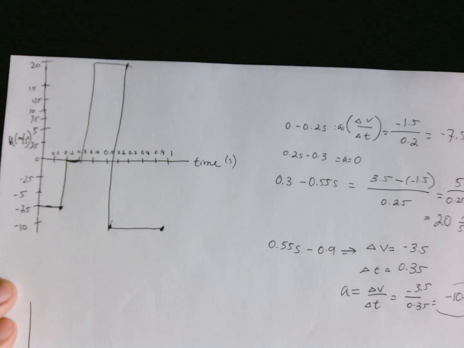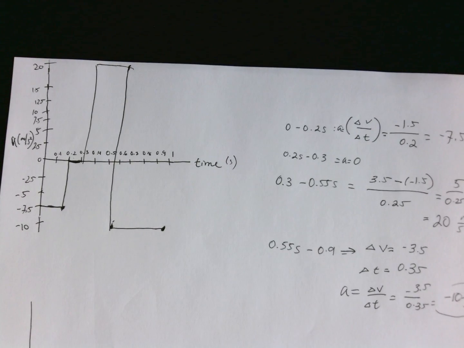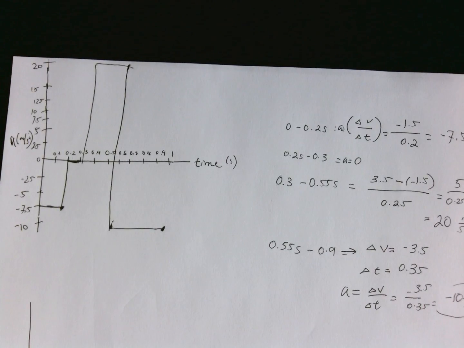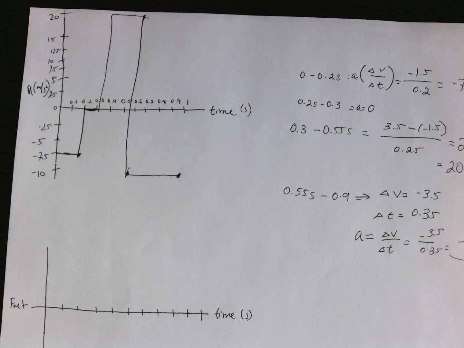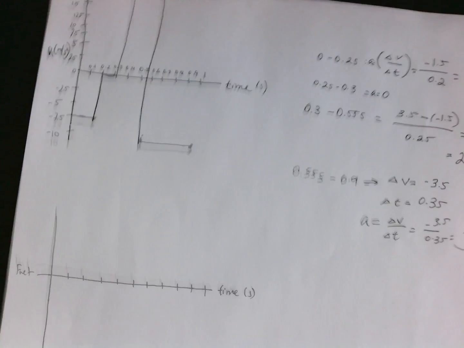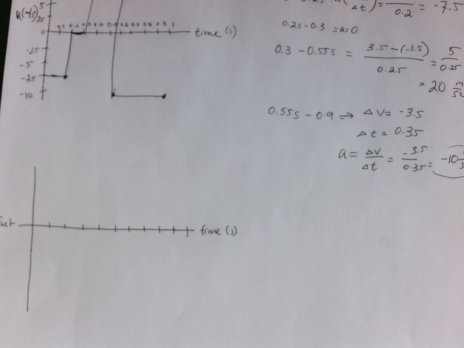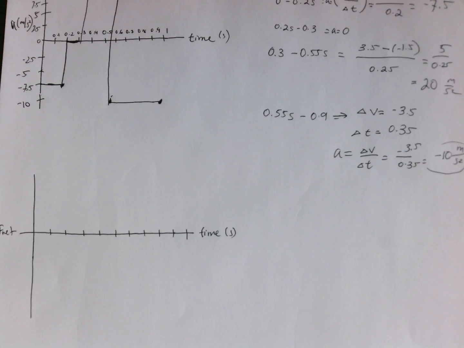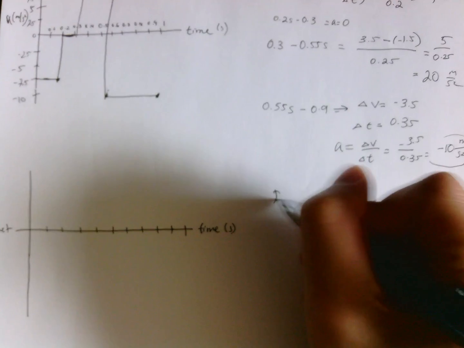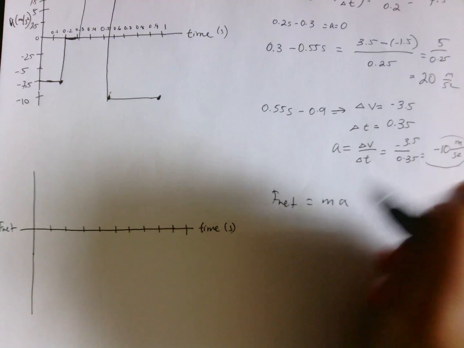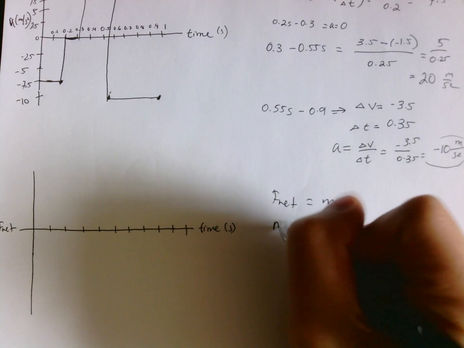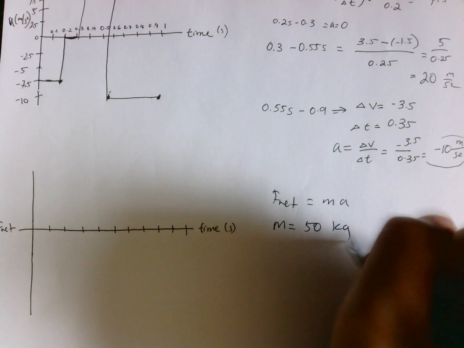So this is our acceleration versus time graph. It's pretty chaotic. But next we will do F net versus time, and we can examine our accelerations to get F net, because F net equals ma,